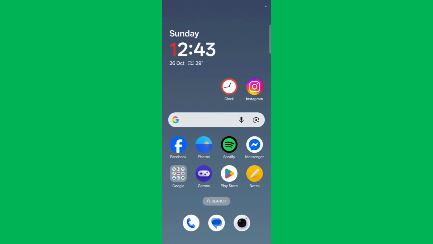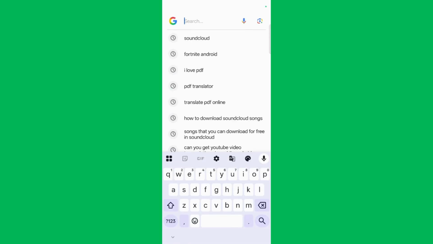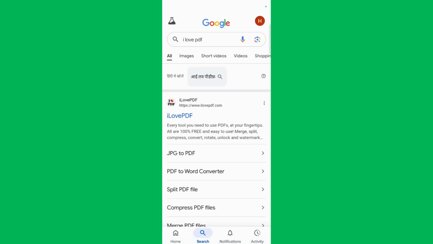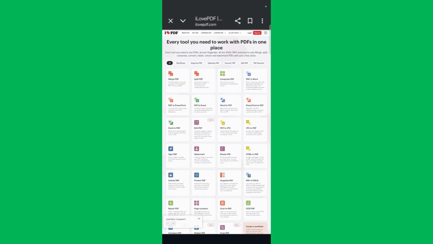any web browser or search engine like Google. So let me open my Google tab and then I will simply search for iLovePDF. Now once you have searched for iLovePDF, you will see this website and you will need to click onto this link. Now this will lead you to the official iLovePDF website, and it might give you a similar, or let's